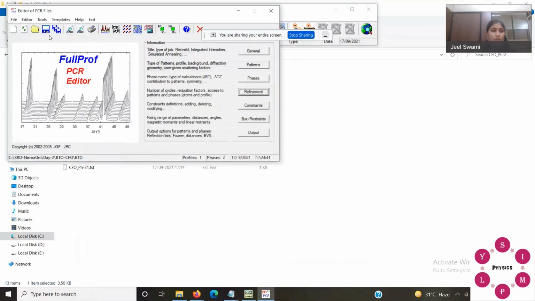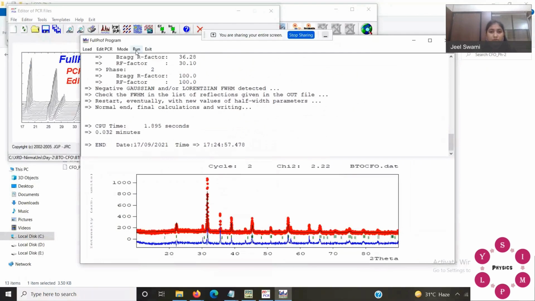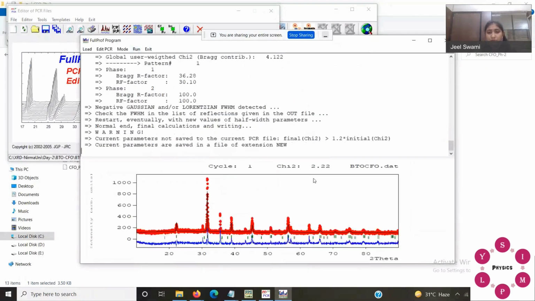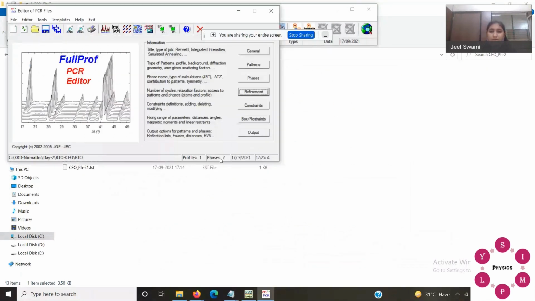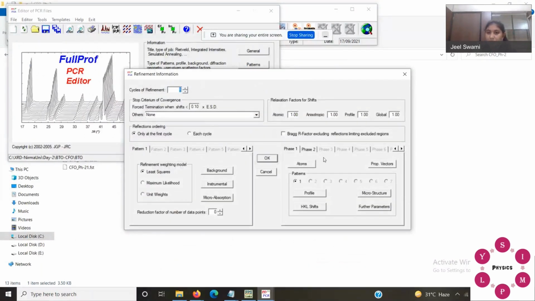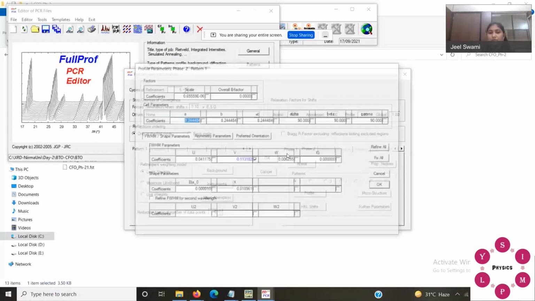So you have to refine one parameter at a time. It's a bit time consuming, but that's how to do it. If there are more phases, you have to copy all this file and you can get phase 3, phase 4, phase 5, and you have to change the profile and everything we are doing for phase 2.